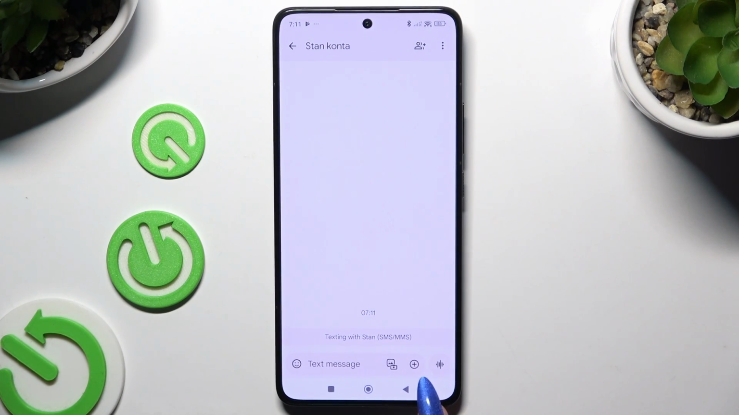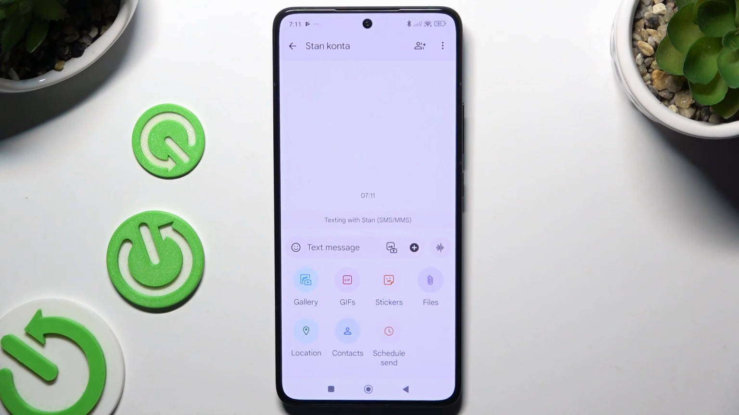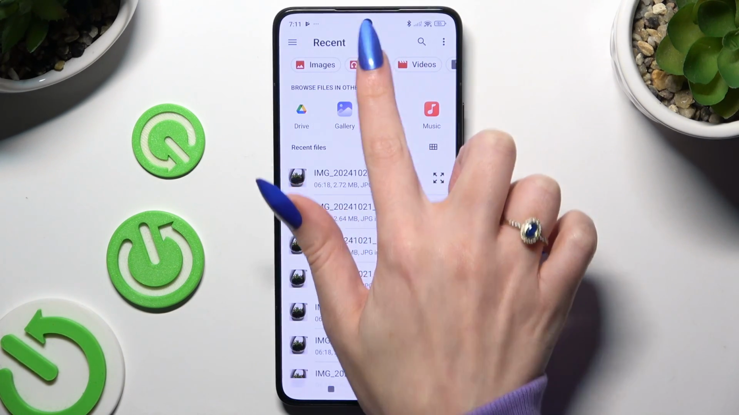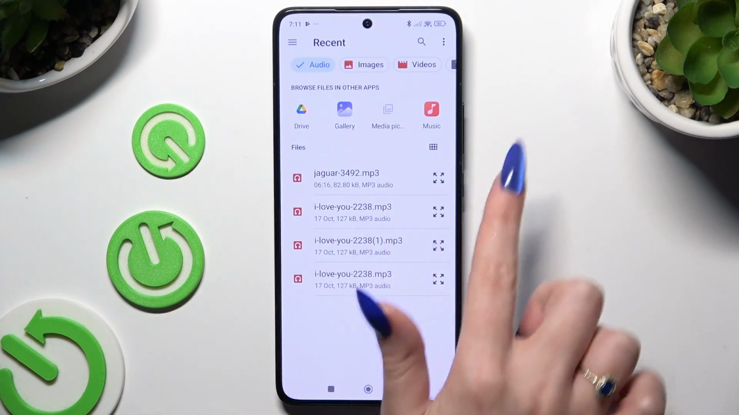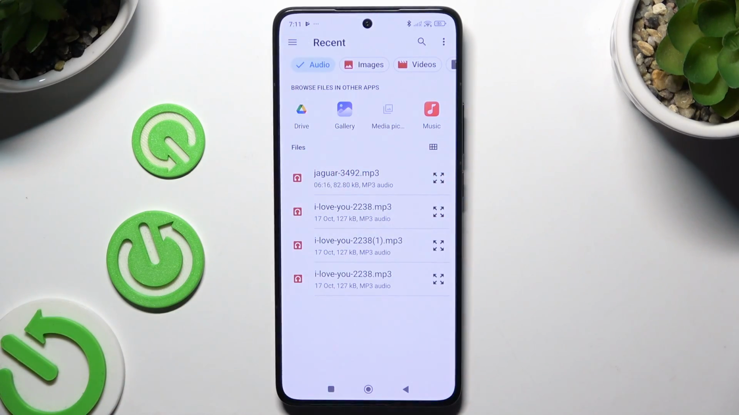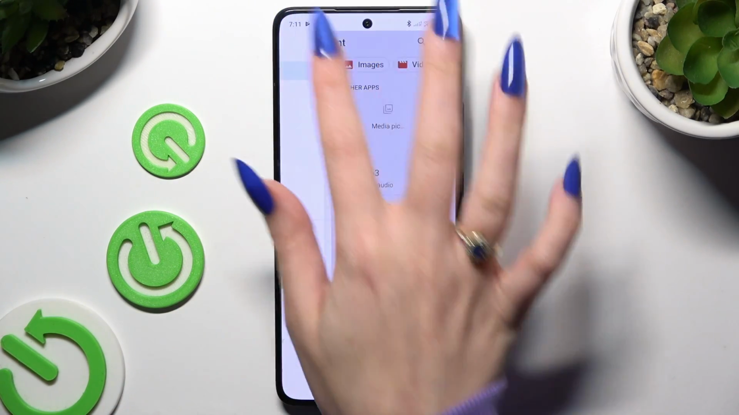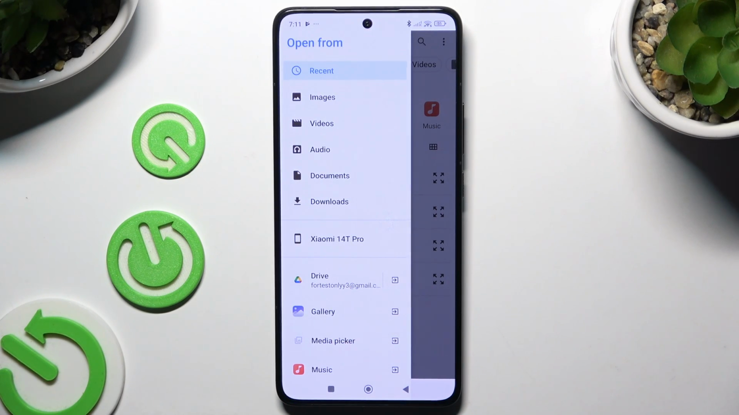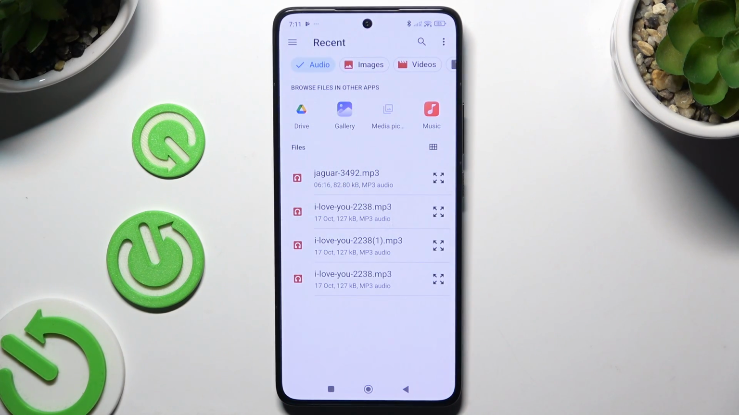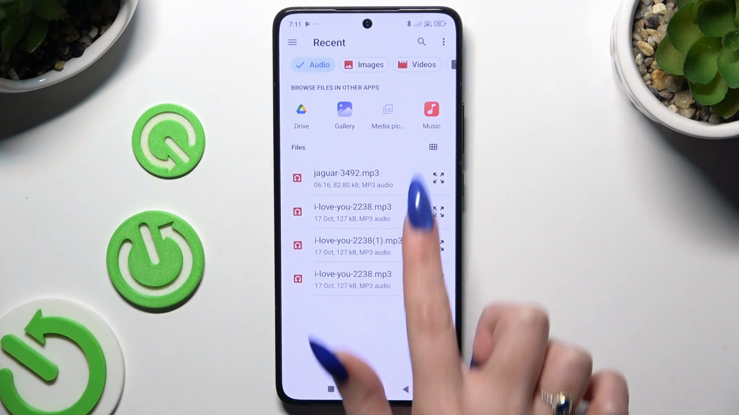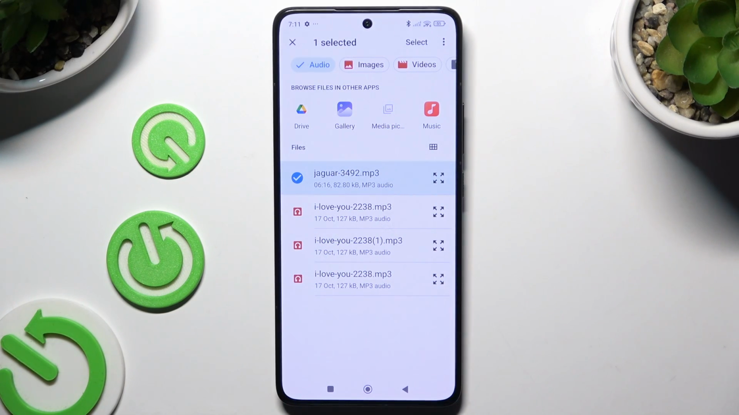When you're ready, use this plus at the bottom right corner, and to add an audio file, select Files. Now tap on Audio at the top, select one of those apps or click on those three lines at the top left corner to pick one of those sources. Either way, after finding your file, you need to hold it and tap on Select at the top right corner